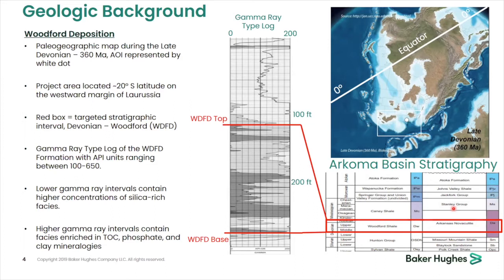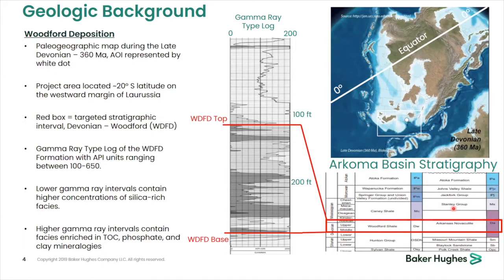And so we have these Devonian source rocks and unconventional targets that are present across North America's largest hydrocarbon producing basins, from the Appalachian Basin in the east to the Permian Basin in the west. And so during this time, we're really positioned around 20 degrees south latitude on the western margin of the Laurentian continent. And a good modern analog to the oceanographic conditions would be the west coast of South America or Africa,